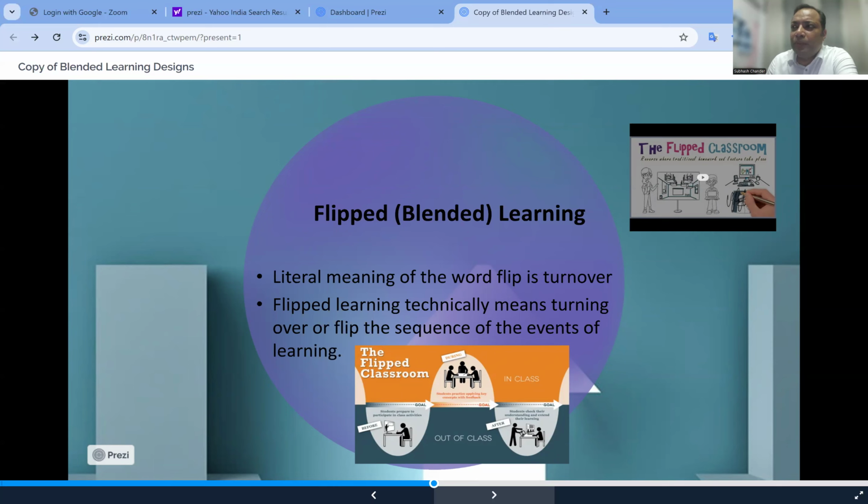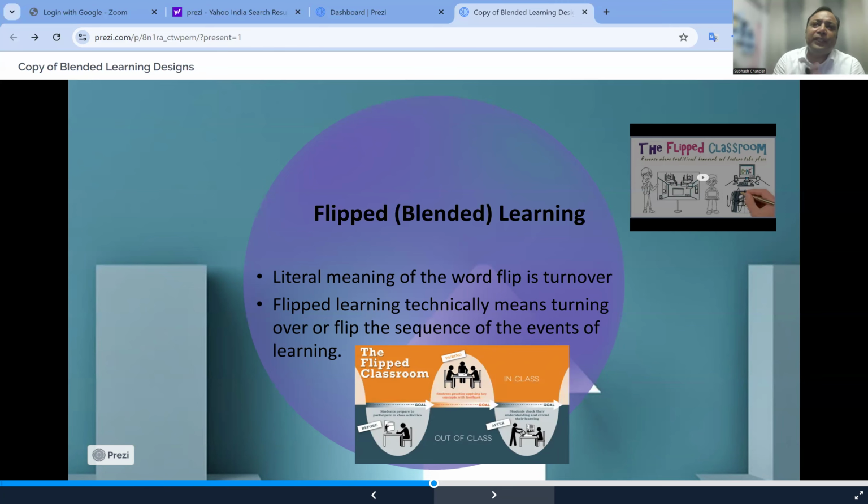So one of the ways in which blending is done is flipped learning, and this design can be critical for our classrooms, right? So basically, flipping means turning over, and what we are turning over is our teaching